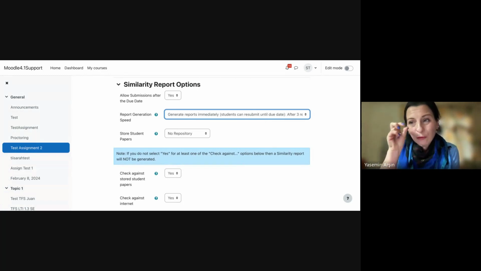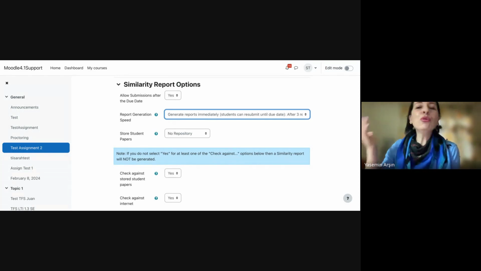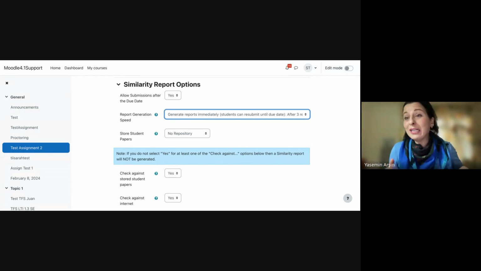We put this kind of limit here because can you imagine a student will upload 122 drafts and probably it will lock the system. Can you imagine thousands of students do the same? That is why we put this limit here. We believe that maximum 3 resubmissions will be sufficient anyway.